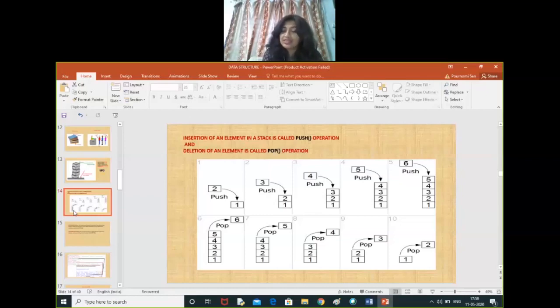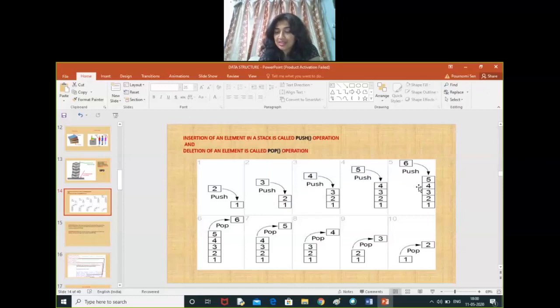Now always one thing you need to remember, in case of pop, the last inserted element will be popped, and in case of push operation, the element will be added at the end. Like initially the stack was empty. If we just see the diagram, initially the stack is empty, then 1 is inserted with the help of push, in the next picture 2 is inserted, then 3, then 4, then 5, and then 6.